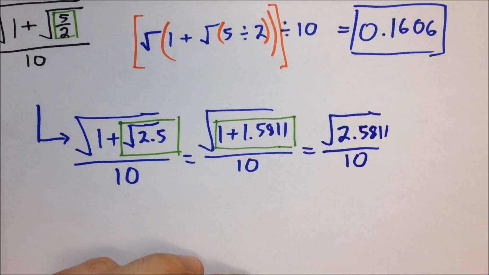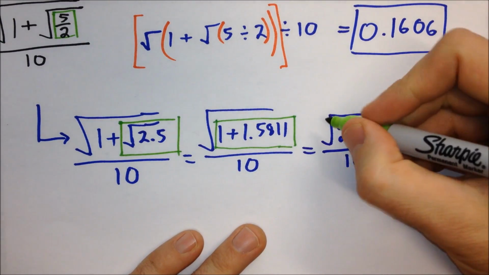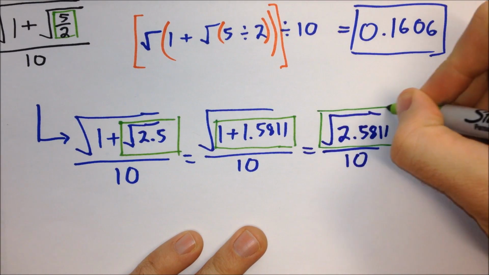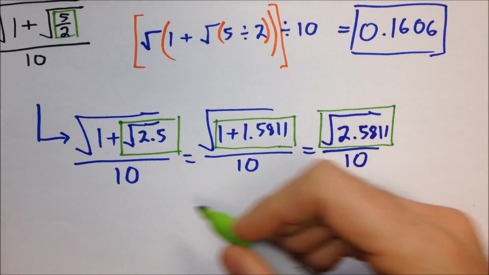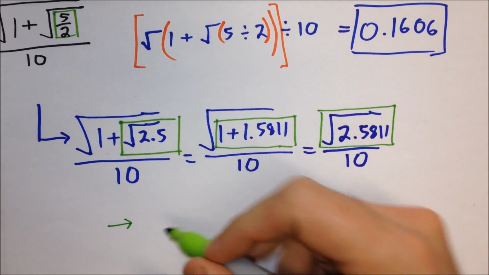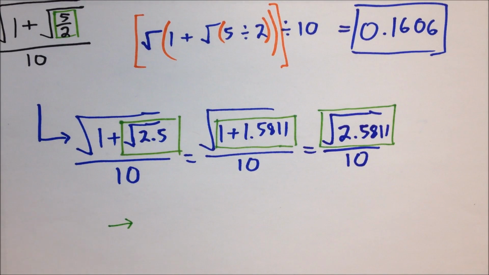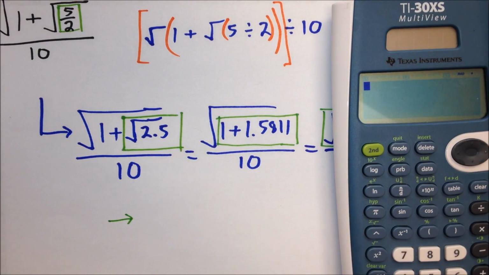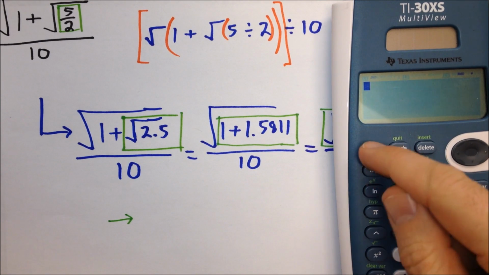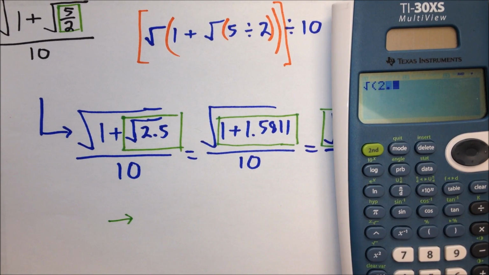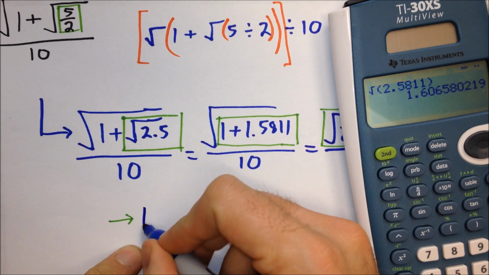divided by 10. And now, as I look through this problem, I see the next thing I want to compute is this part, and let's go ahead and move to the next line. As I compute this part, I need to do 2.5811. Oh, I forgot my square root. 2.5811. That's going to give me 1.606